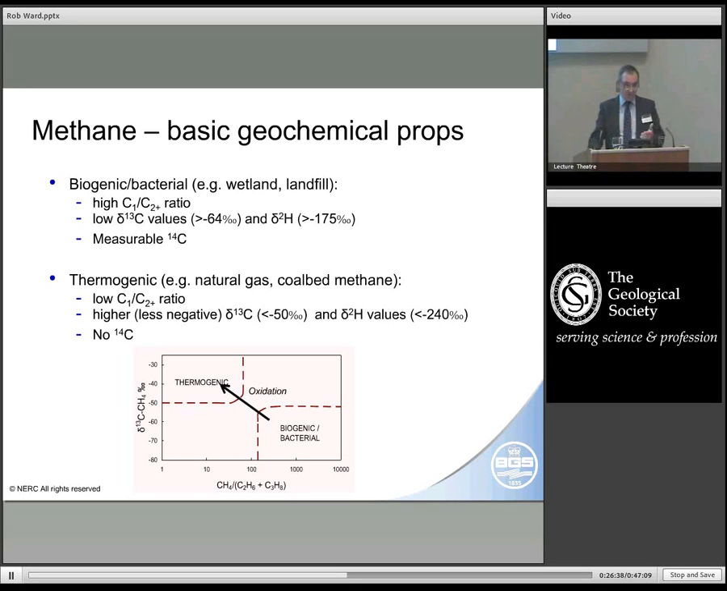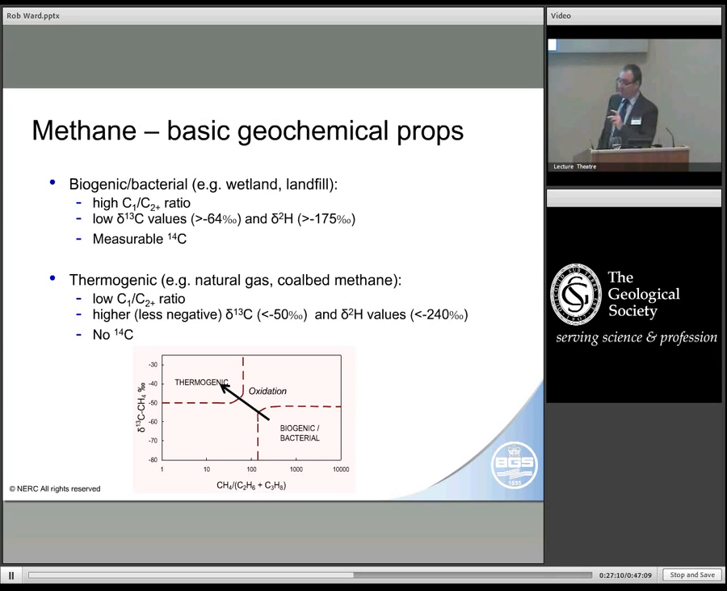We can also look at carbon 14. In modern biogenic gases, carbon 14 is measurable, but in very, very old thermogenic gases, the carbon 14 is effectively not measurable because of the geological timescales involved. All the carbon 14 will have decayed. So again, we have a range of tools that we can use for source identification. And the plot underneath there shows how we can combine these different tools to differentiate between different